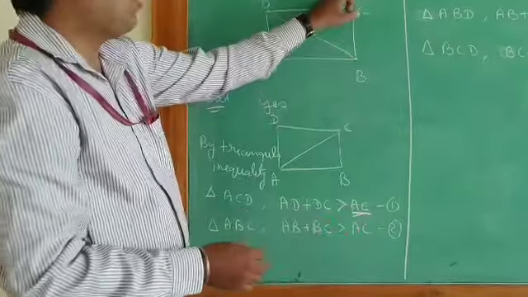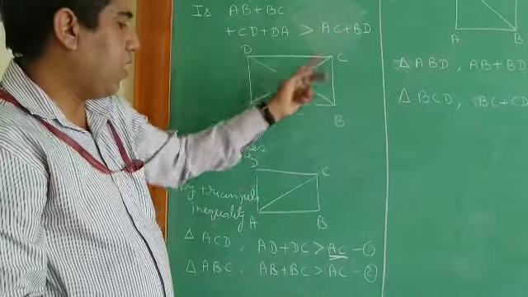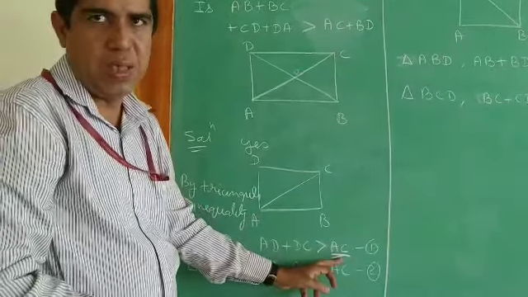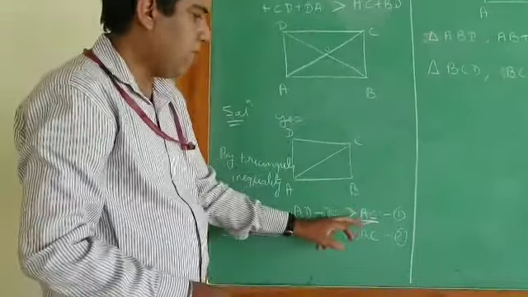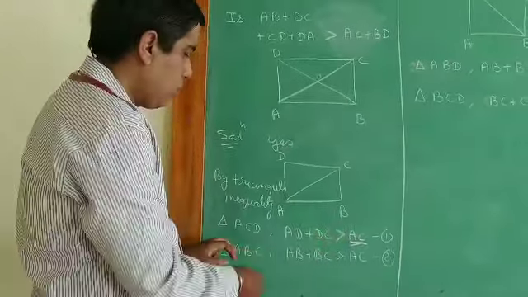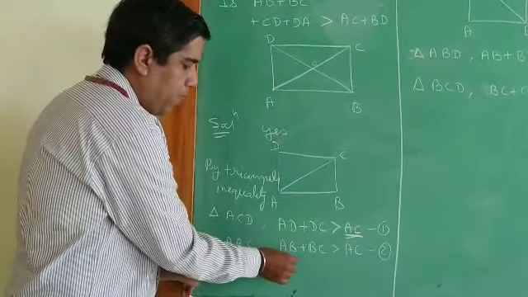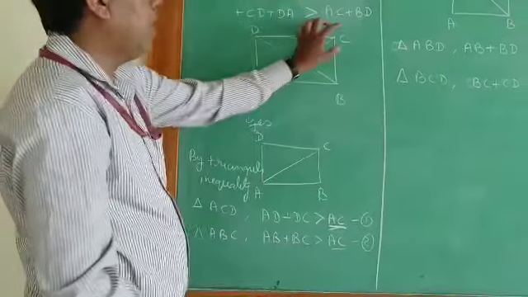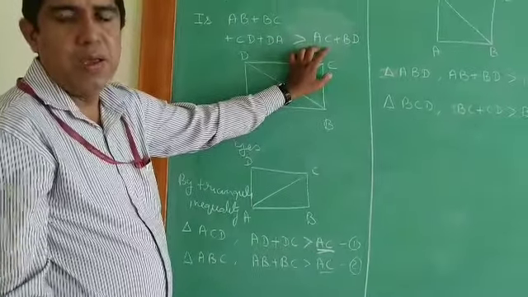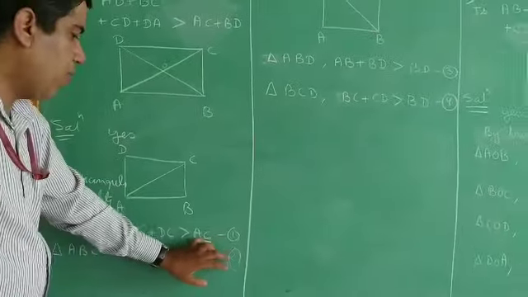Now the question arises, why am I writing AC here? See what I have to prove. AC should be on the side where it is less than. So I will write it this way. Be careful. AC should be on this side, the lesser than side. So AB plus BC, by triangular inequality same way, AB plus BC is greater than AC because I want AC on this side. I think it is clear to you now. Now these are equation number 1 and 2.